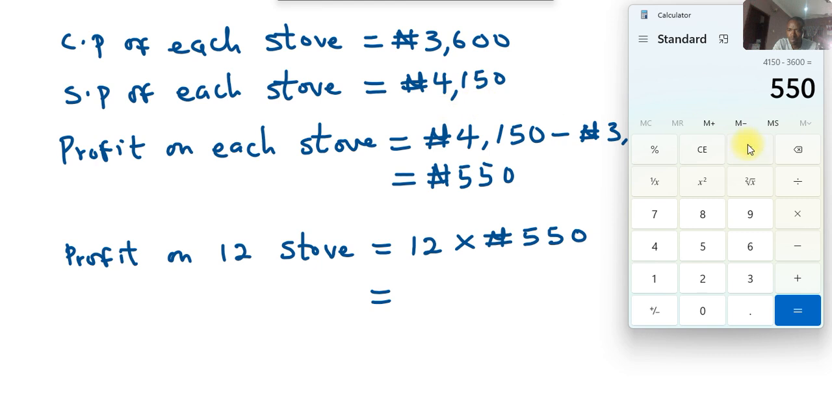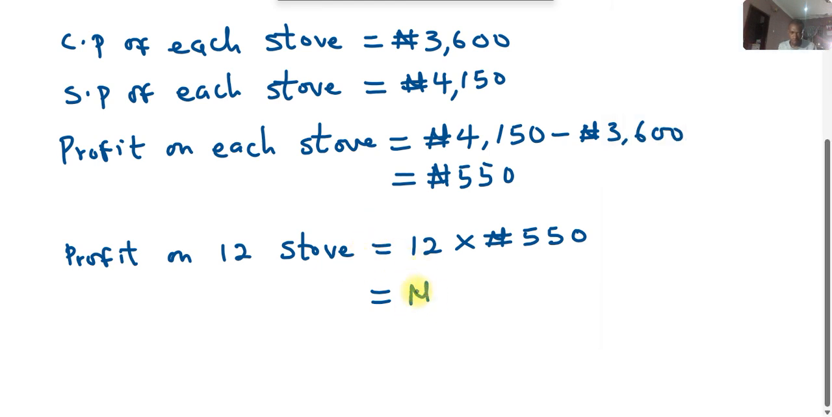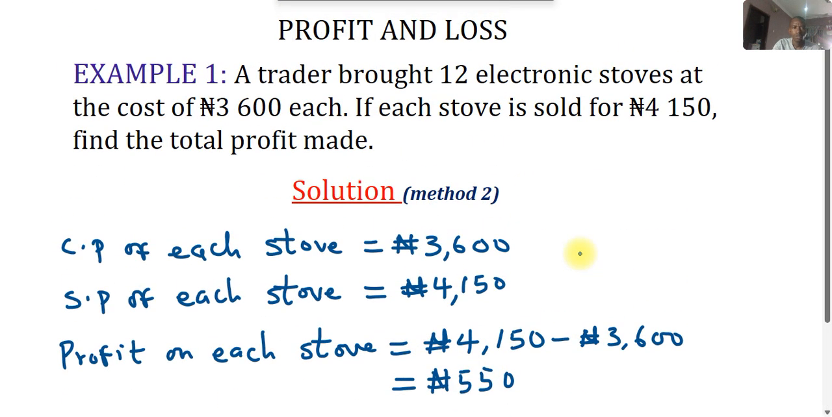Okay, we have 12 multiplied by 550. Our outcome is 6,600 naira. Exactly what we got in the first method. So that's the end of the first example, right? So we'll take another one,